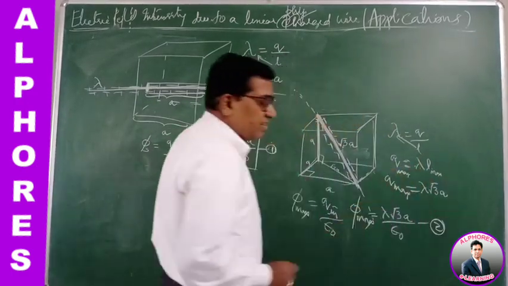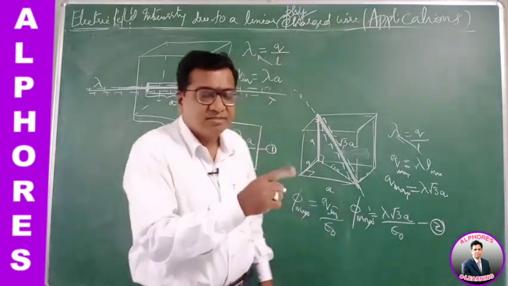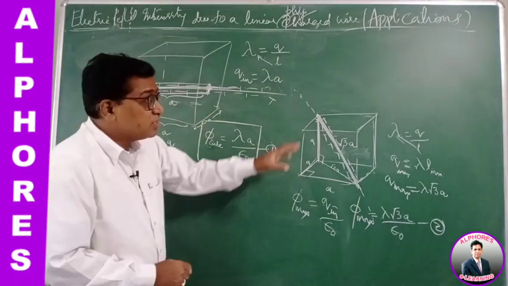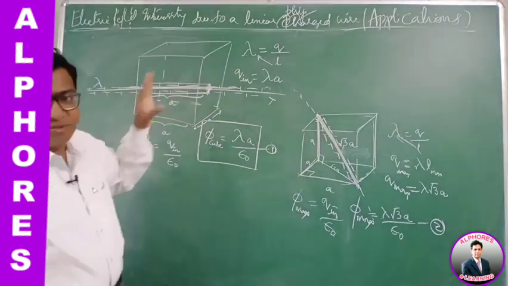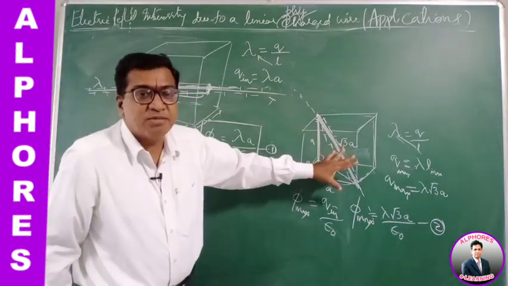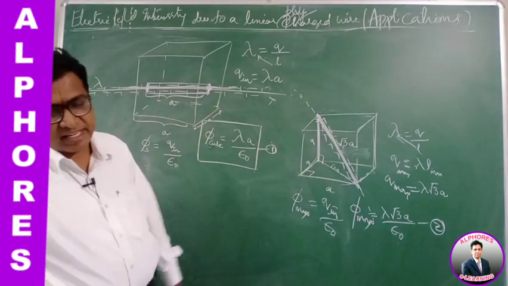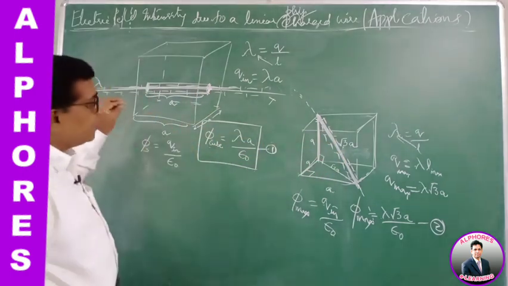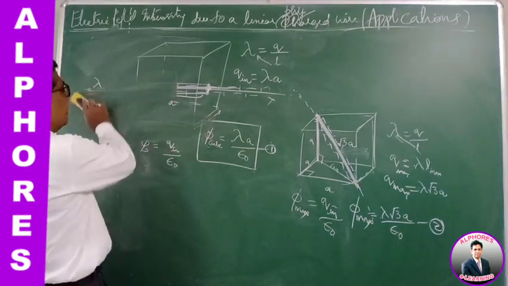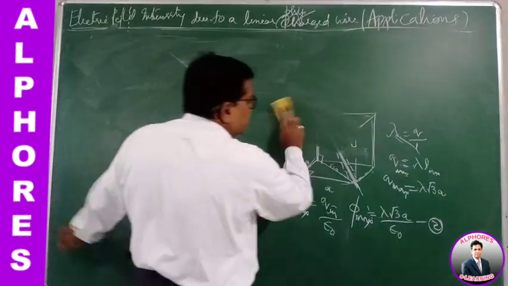Then in the ratio, lambda a by epsilon is common, cancelling one another. The ratio is 1 to root 3. This is root 3 times more than the flux pertaining to this. If this is 5, then this is root 3 times 5. Maximum flux is root 3 times the flux when it is going parallel to the side. A linear charge conductor passing through a cube, the flux associated can be calculated in this manner. In one of the entrance examinations, a theoretical question was asked.